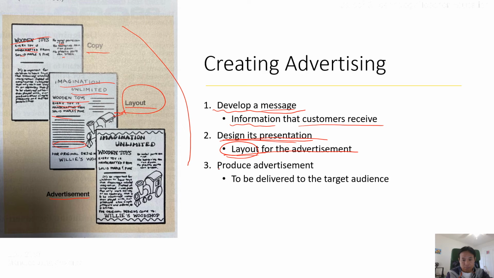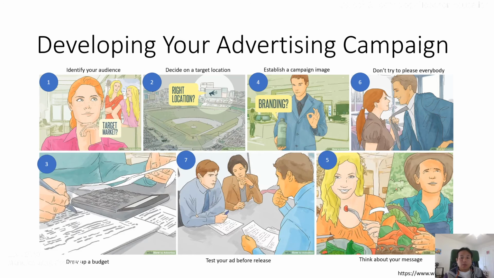And then next is producing the advertisement like this. Based on the layout, we can add more detail, actual pictures, or we just change the font style and then put more important information here. So that is producing the advertisement to be deliverable to a target audience. And I also brought up these images for you to understand. From the WikiHow website, it shows 7 steps of